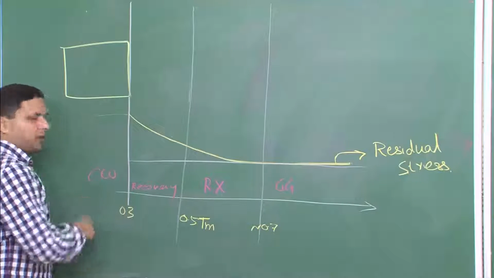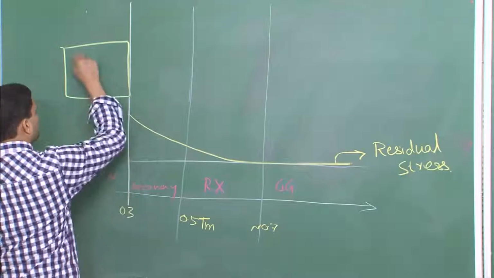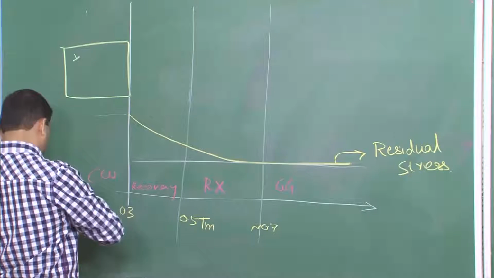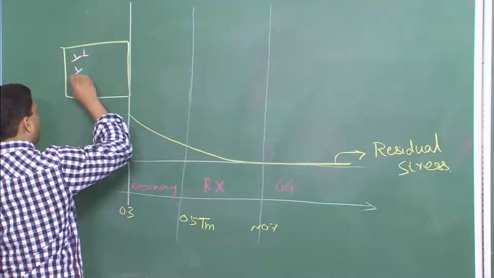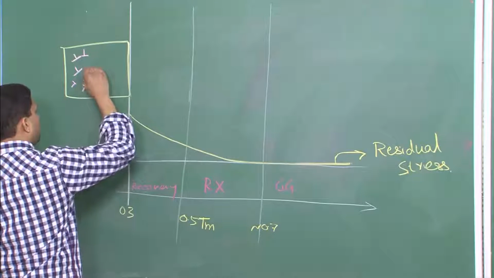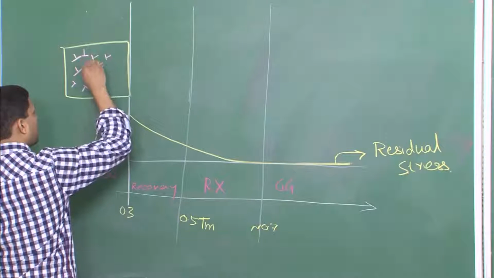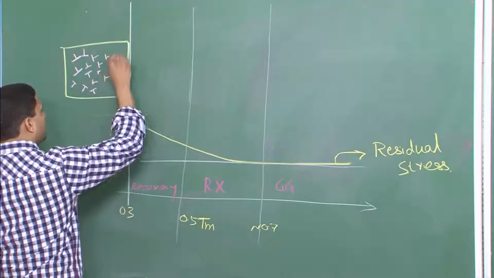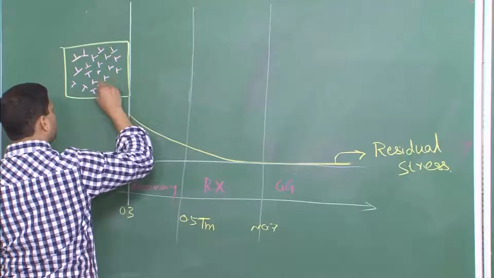In a cold worked region, there are a lot of dislocations generated. I am representing these with this symbol, this is the way to represent dislocations. So, these are dislocations which are prevalent throughout the microstructure in a random way,